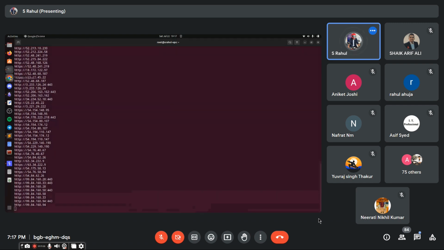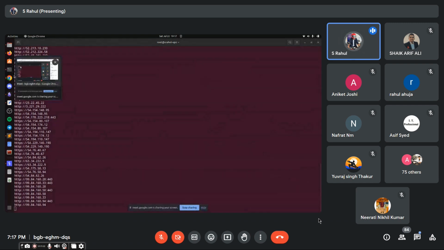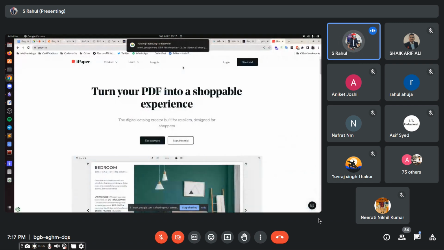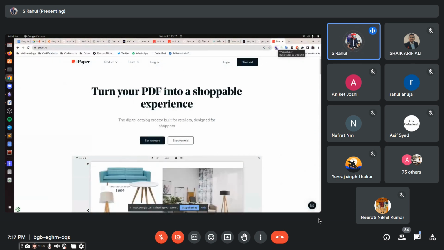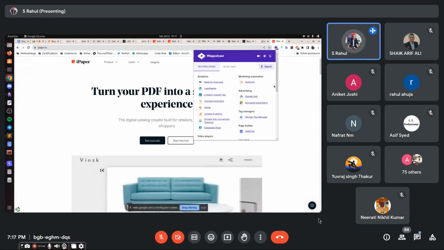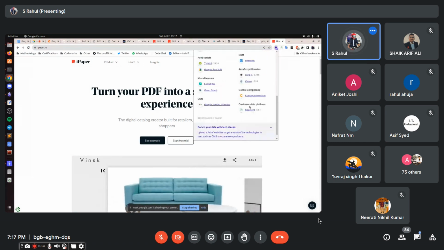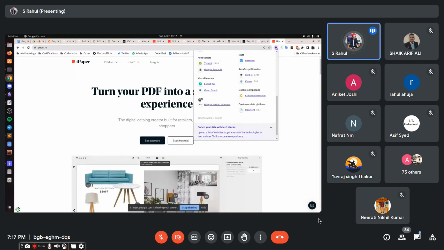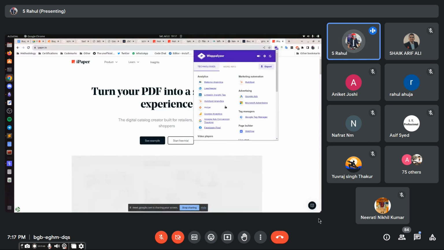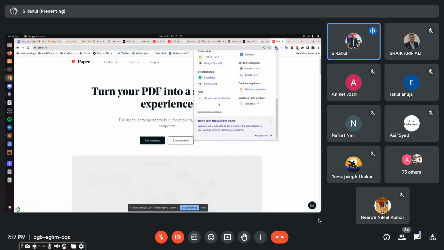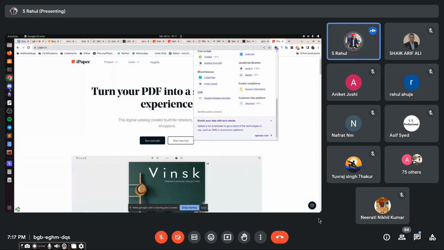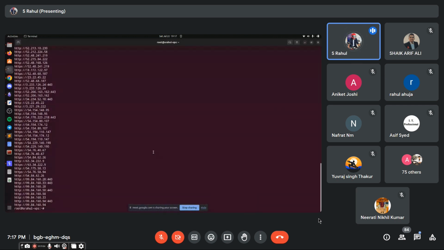So the next step. Before that, go to Chrome. We were checking this, right? So here iPaper.io, the first bug, origin IP. iPaper.io has Cloudflare, I think. Yeah, CDN, Google hosted libraries, and they are using this CDN for Cloudflare. So we got all the IPs, right? So the next step is